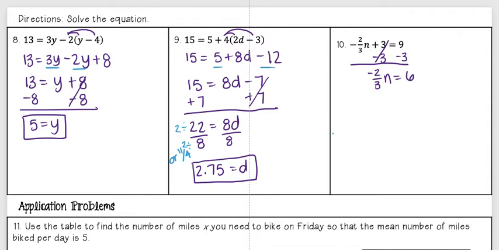And so now here I need to get rid of that fraction. And so you have multiple options here. You could go ahead and divide that fraction. We have learned dividing. I don't really like that way, but you can do it that way. Another way that you can do it, which just takes a couple more steps but might be a little bit easier,